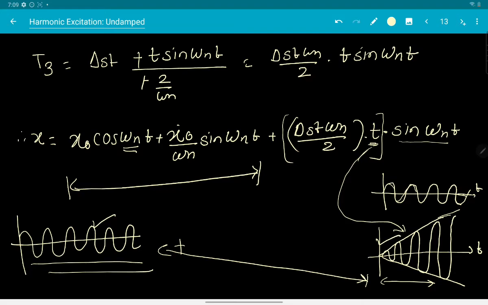This is always finite, this is the oscillatory one and always finite, whereas this starts from a very small value and goes on building up. Initially it is almost 0, and it goes on building up with increasing time, and after a certain time it will really be too large for the system to bear that much displacement. Ideally, when will this go to infinity? It will go to infinity when time is equal to infinity.